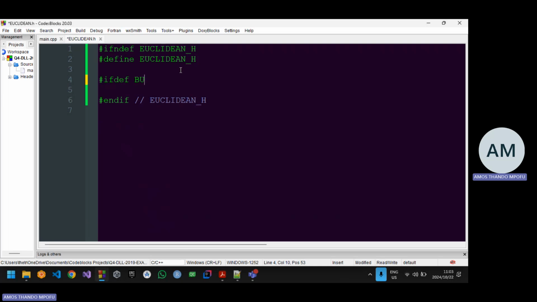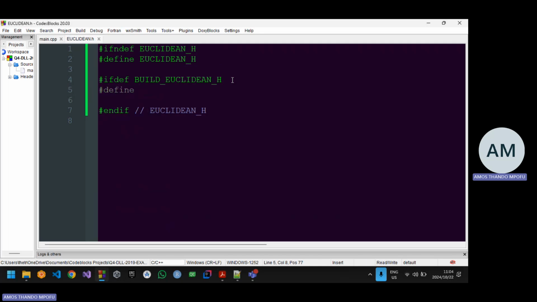So I'm gonna call mine build. Yeah, so build underscore, and then I'm gonna copy this header file name. That's why I said you should remove the underscore included. So if defined build_Euclidean_h, and then